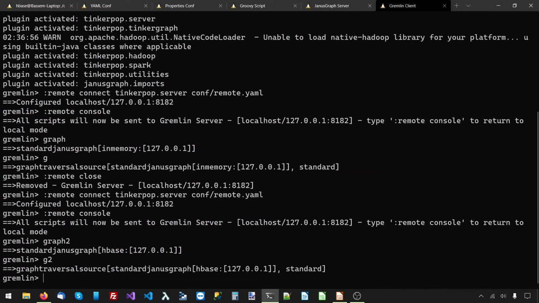This one should point to the graph traversal source, and it is working indeed. Okay, so we created the graph from the configuration, and we made the identifiers graph2 and G2 available to the client to be able to access the graph object and the graph traversal source object. So it did work perfectly, but I should note that we had to restart the server to make it add